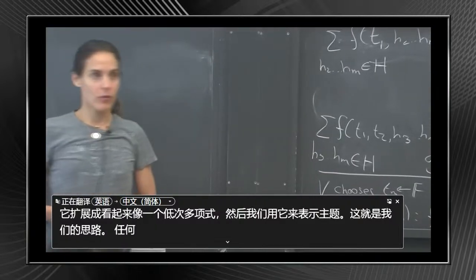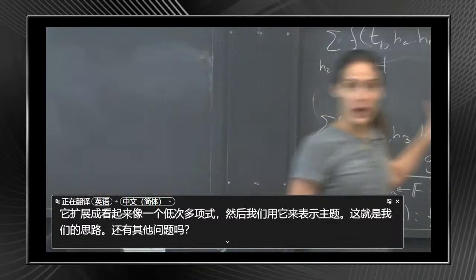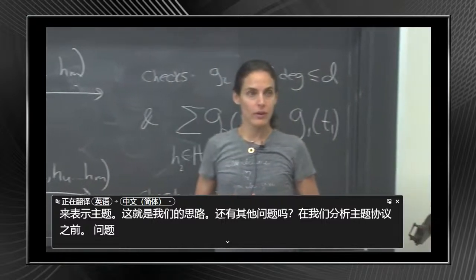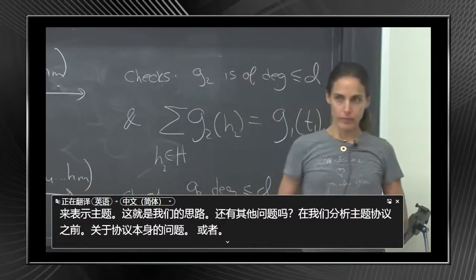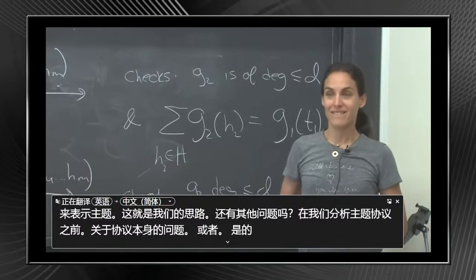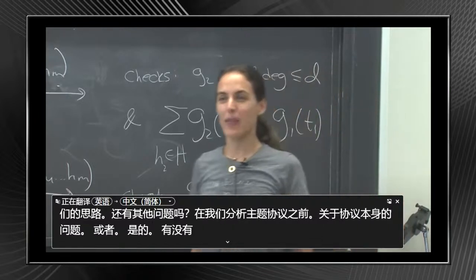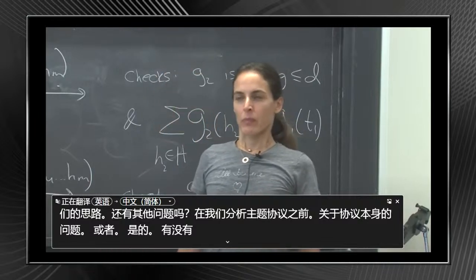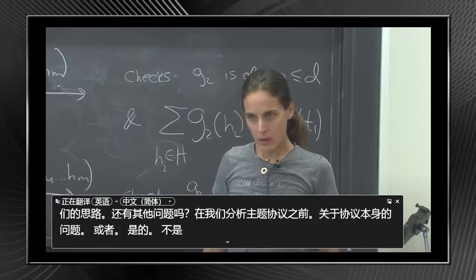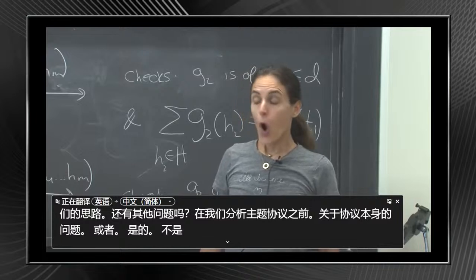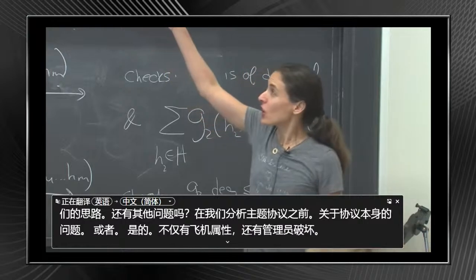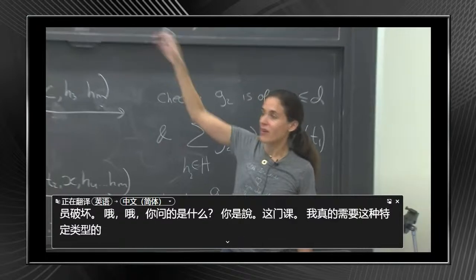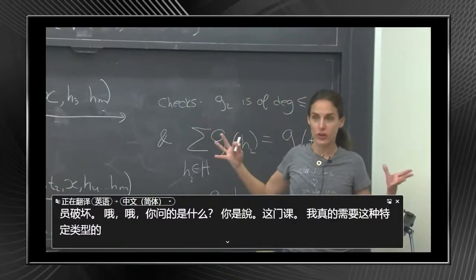Any more questions before we analyze the sum check protocol? Questions on the protocol itself? Yeah, sorry, just to follow up. Is there some version of sum check you can run on generic error correction codes, or do you need not only the error correction properties of polynomials, but also their algebraic structure? Oh, you're saying, do I really need this specific kind of polynomial code, or can I do it using arbitrary codes, kind of thing?